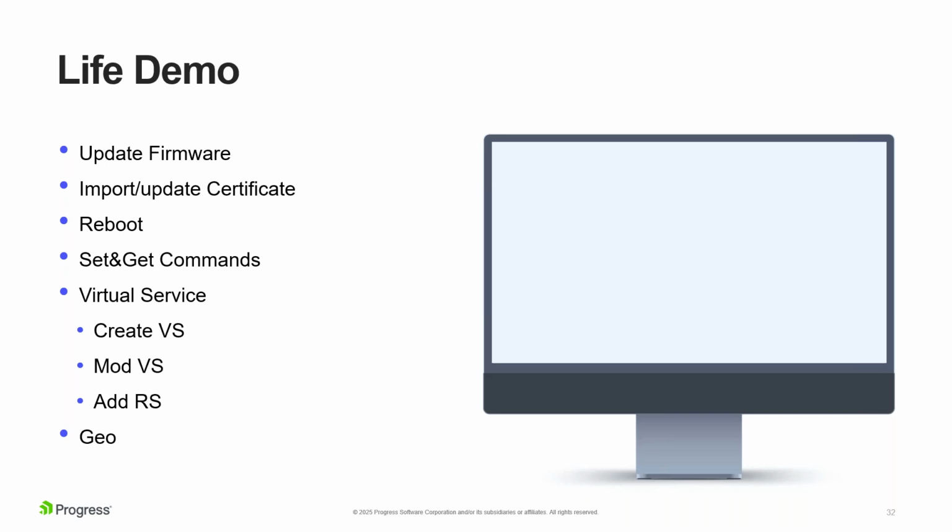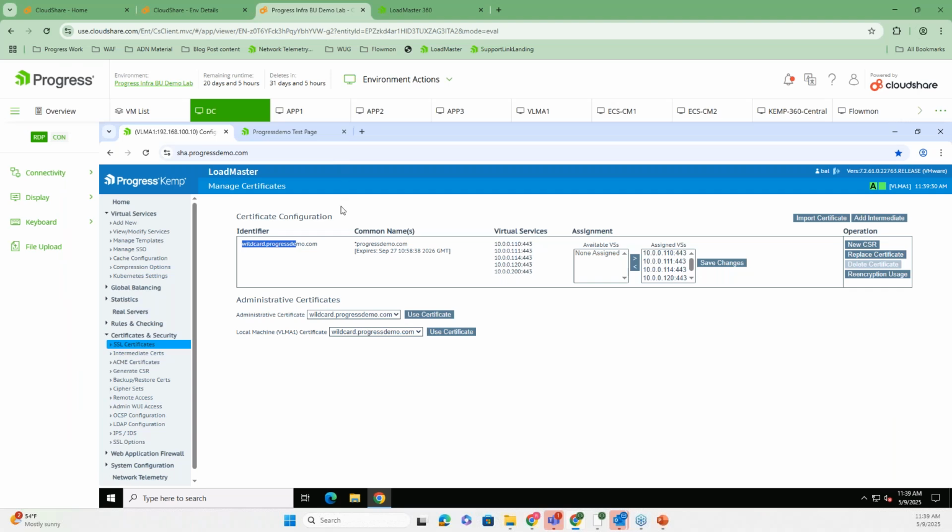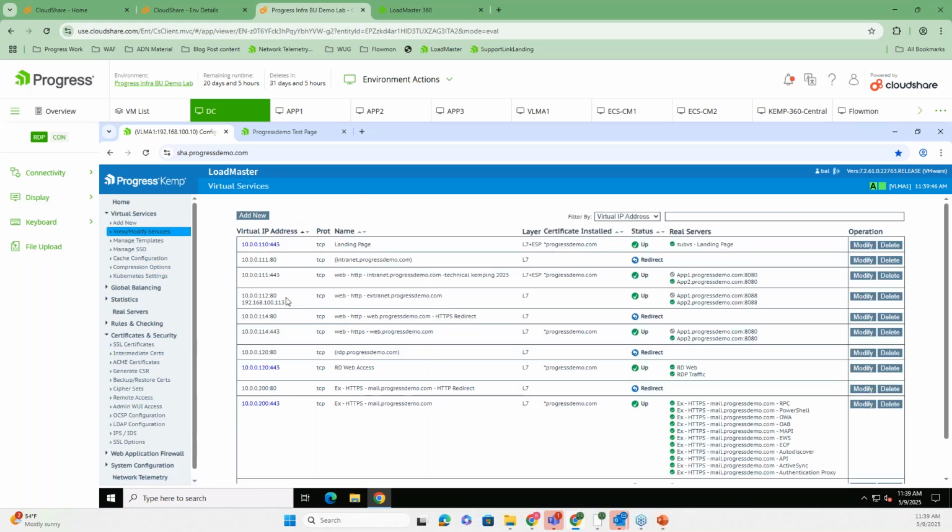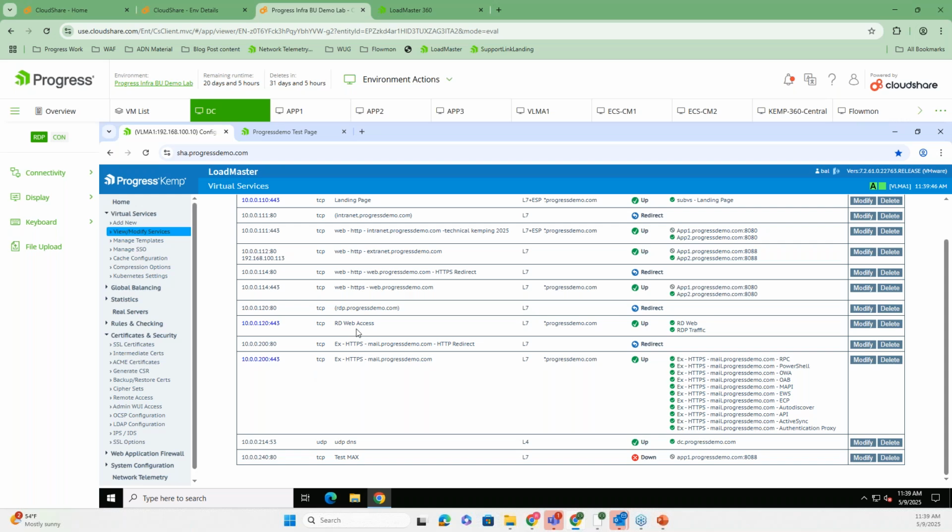Let me just keep this open on a different screen so that I don't forget any of those. There we go. And let's get the lab up. There we go. Right. So I'm not starting in that order. Let's, for example, create a virtual service, modify it afterwards, and add a real server to it. So maybe we start with those things. Right now, you see these are the services I have here right now. So it's not that much. So let's create a new service on